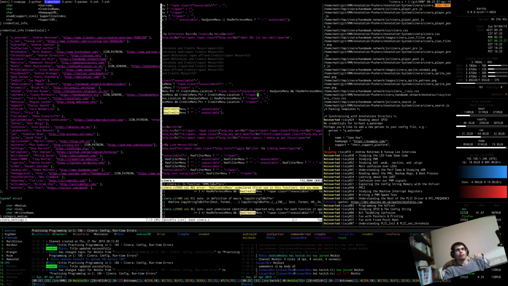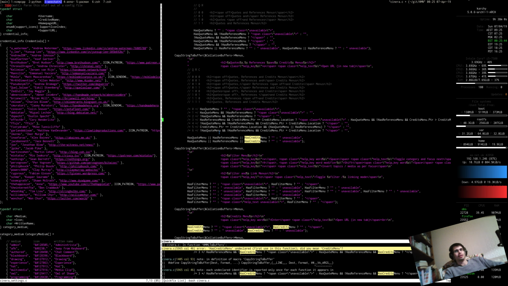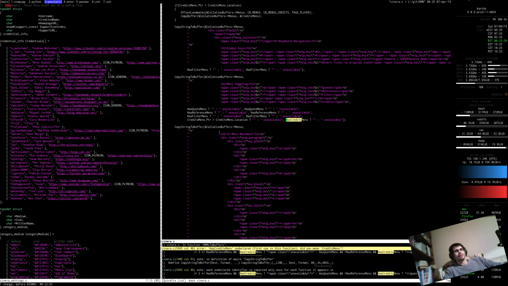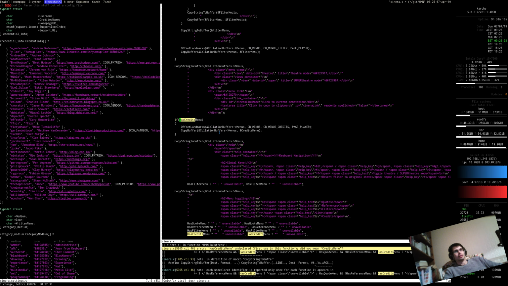Quite a lot of this if has credits menu. Now that I think about it, rather than computing that all the time, I'm going to back it out actually. Yeah, I am backing that out. So the only place where we need to know if we have a credits menu is right down there. So basically what I want to say is,